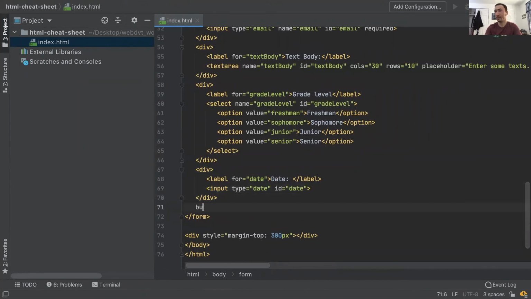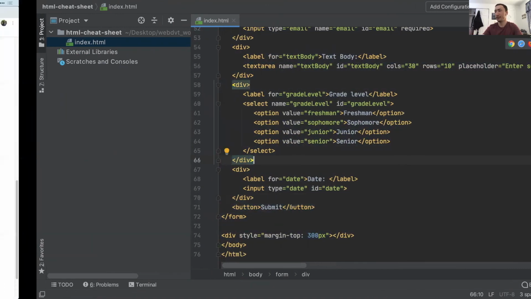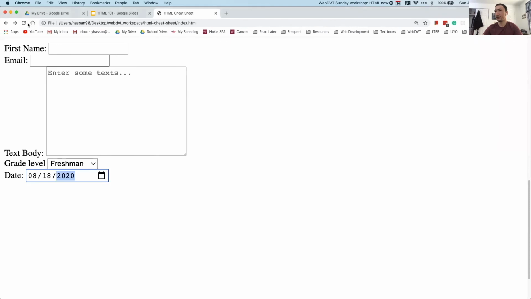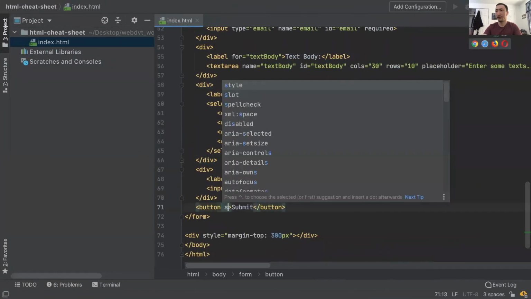So lastly, you can create a submit button to this form. So when the user clicks on this button, you may want to capture the values that the user entered, and then send it to a server. So if I were to save this and refresh it, I created a button. And you can also give it an attribute of